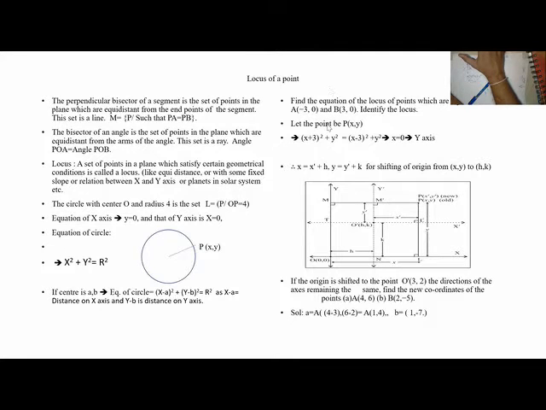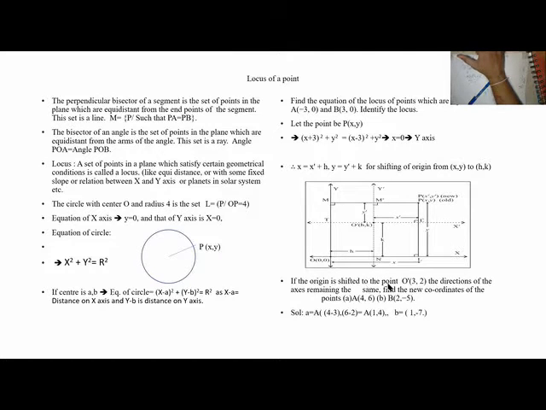So a vertical line. Now let us see how shifting an origin works. So this is (h, k), this is (0, 0). This point (h, k) is at a distance of h and at a height of k. So the new axis is x dash, y dash. What is the relation between these two? Small x is equal to x dash plus h. Small y is equal to y dash plus k. Y dash is the new axis. X is the old axis, our coordinate axis with (0, 0) as the intersection point. Here the intersection point is (h, k). This is how we do it.